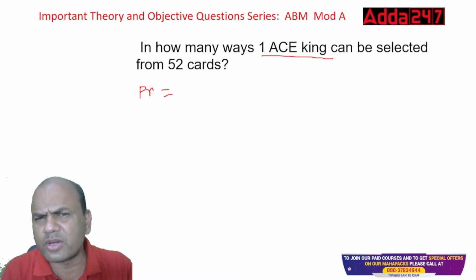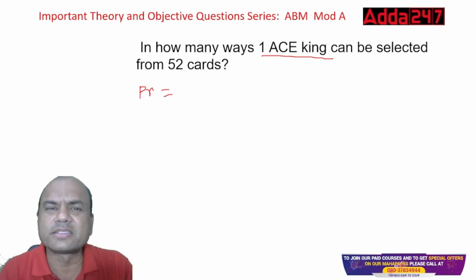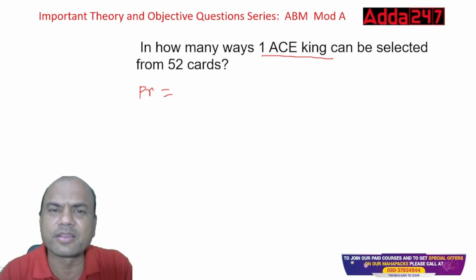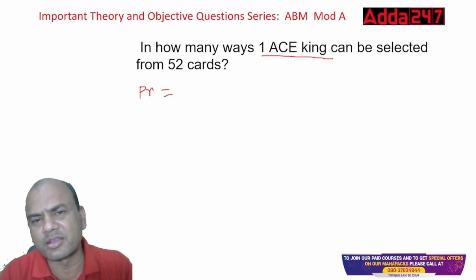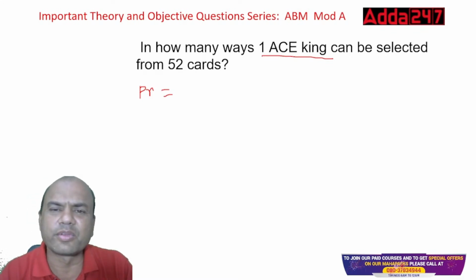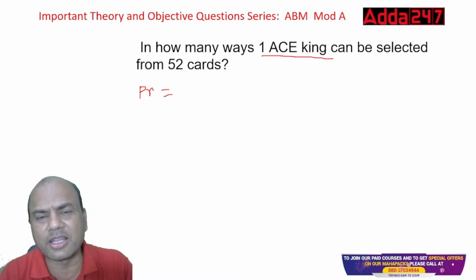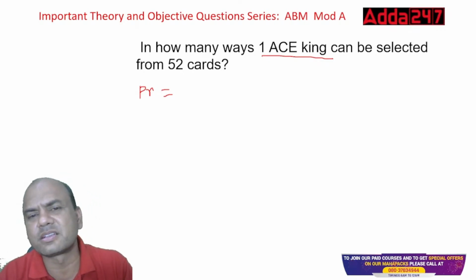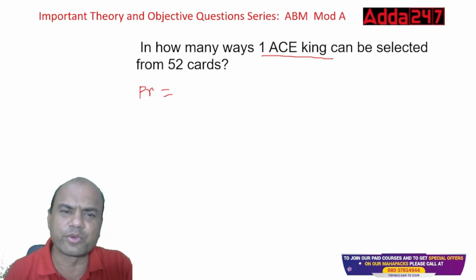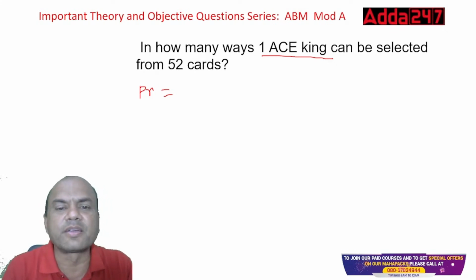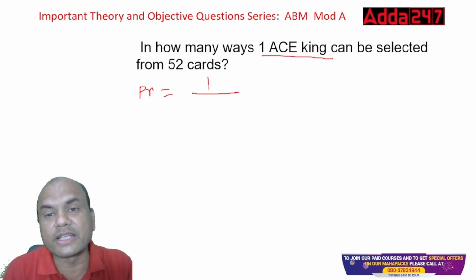Ace means there are 4 types of cards, right? Ace, heart, and what is the next one? Type in the comment section, everyone. Ace, heart, diamond, right? Diamond is the third one. And the last one is what? We call it kilver in our Hindi language, right? Those are the 4 types. So how many ace kings are there? There's only one ace king. Kings are 4, but ace king is only 1.